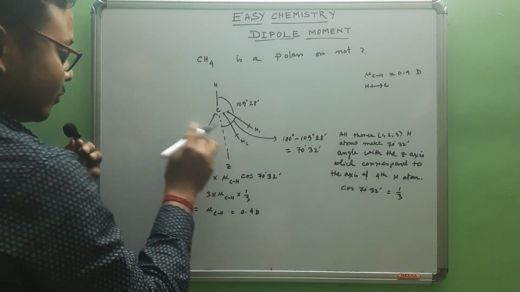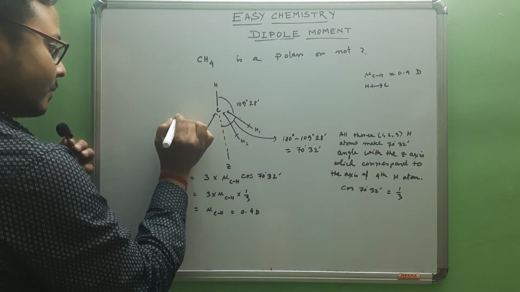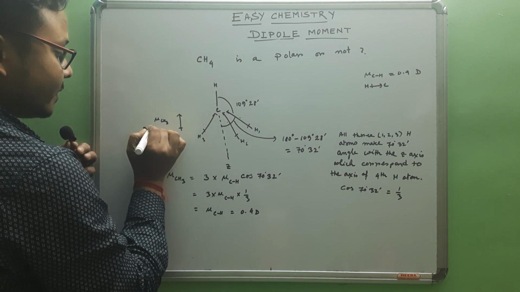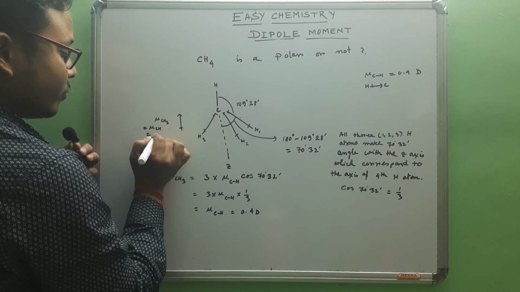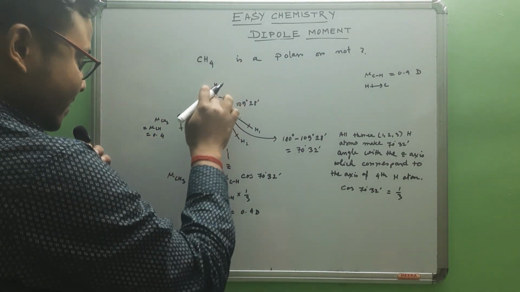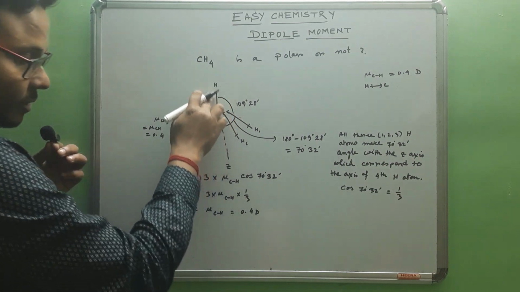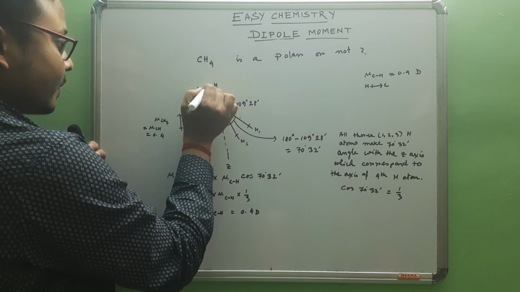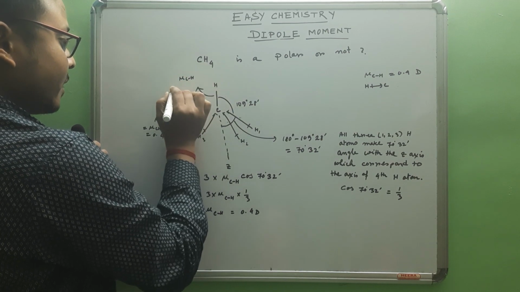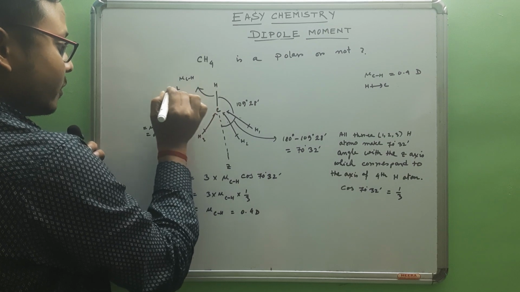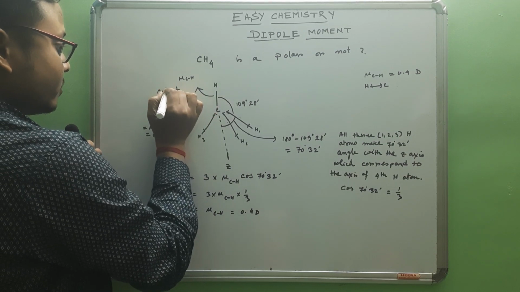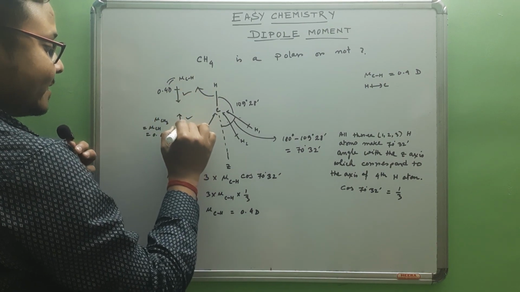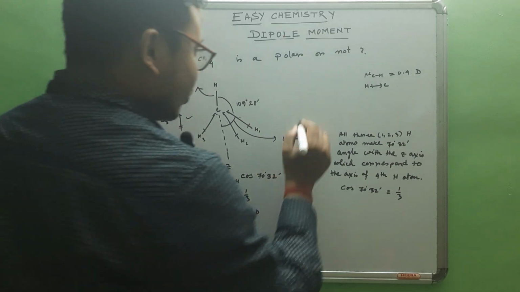So here, due to the three hydrogen atoms, this mu CH3 is basically mu CH, 0.4 D. And for this hydrogen carbon bond, the mu CH acts in the opposite direction to this dipole moment. So this is also 0.4 D. So basically this dipole moment and this dipole moment mutually cancel each other, therefore in CH4,